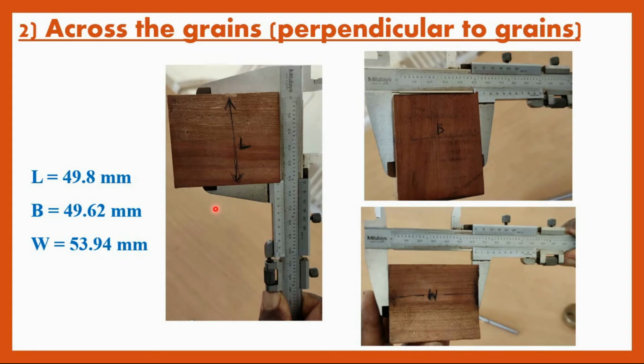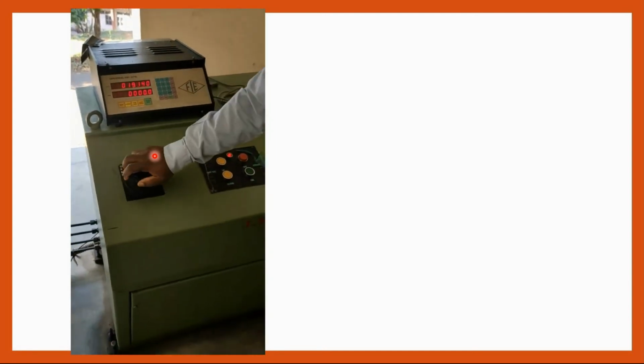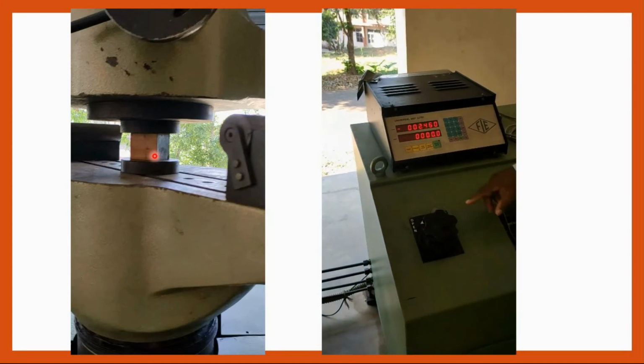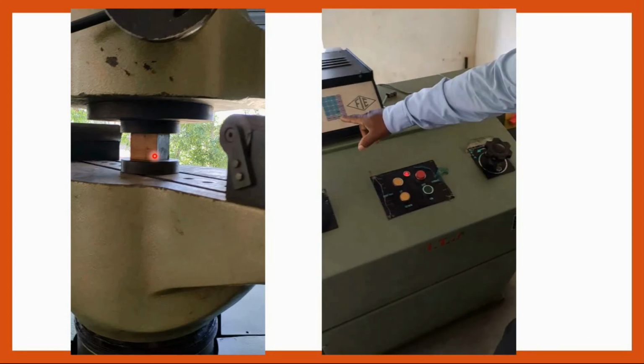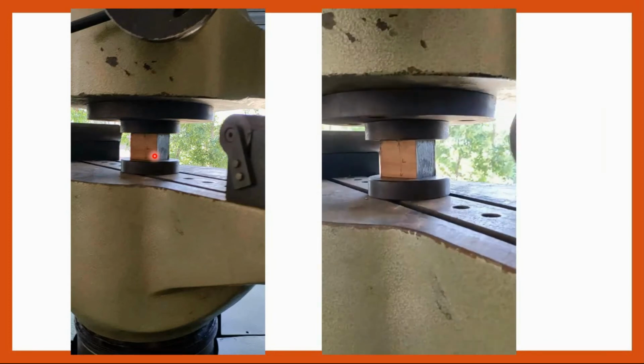Now after that the procedure is the same. Place the specimen between the middle crosshead and the lower table in the loading unit of the UTM and start the instrument. Close both the valves and press the down button until the middle crosshead touches the specimen. Then turn on the instrument, tare the load and reset the deflection, and gradually release the right valve. Now the specimen is subjected to the compressive load.